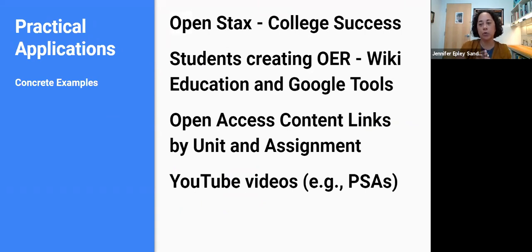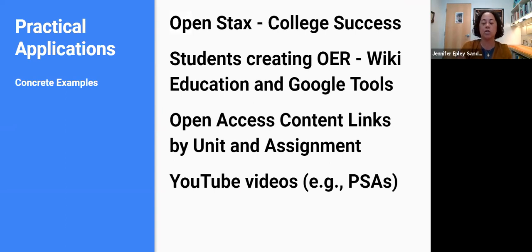We think of OER as not just content for learning, but also as a way of doing assessments as well. So an example of that would be students creating OER. And Amanda will be able to give some more examples about the Wiki Education and Google Tools projects.